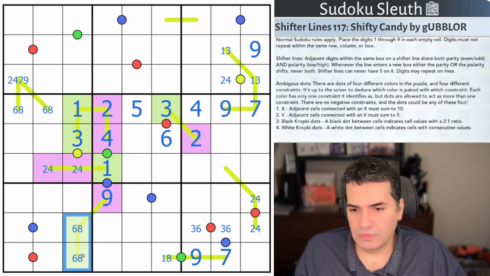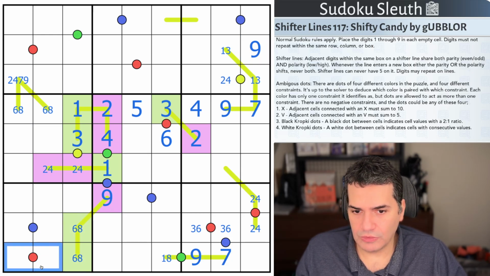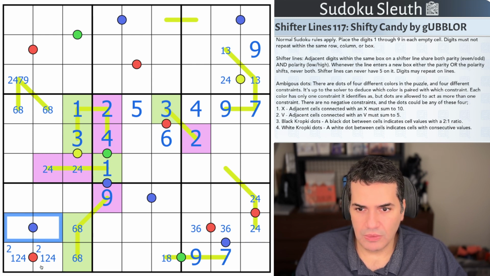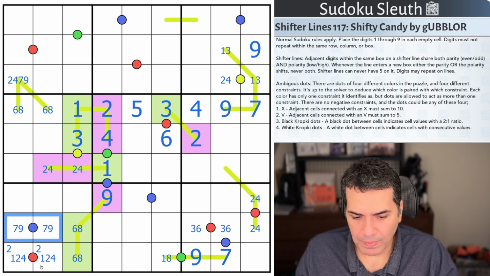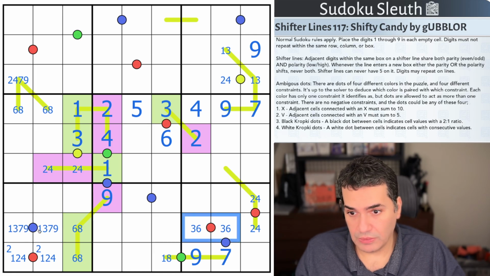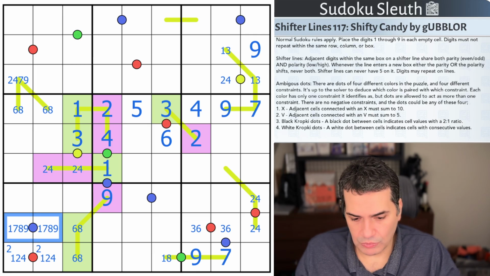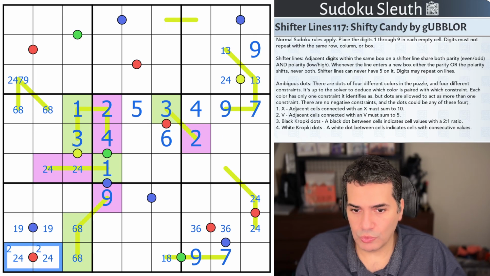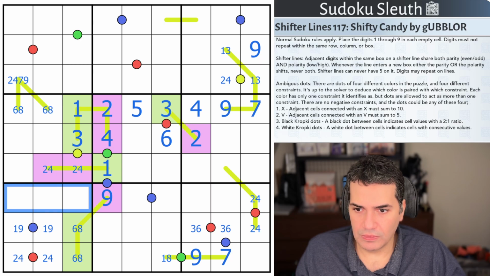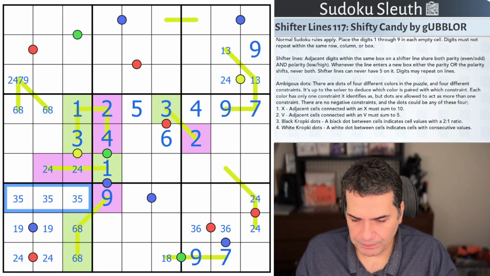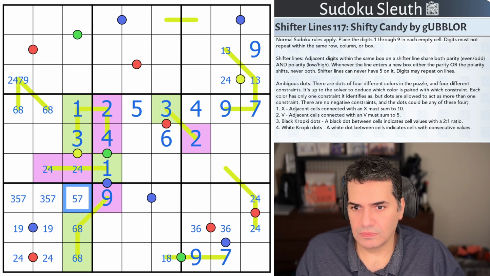6 and 8 means this is not 3 6, not 4 8. This is 1 2 4 with a definite 2 on the black Kropke dot. X's, they're not 6 8s. They would have to be 7 9 with 1 or 3, but it can't be 3. So it's not 3 7, it's 1 9, and therefore no 1 in here, it's a 2 4. And then we know what these 3 digits are. They are 3 5 7,